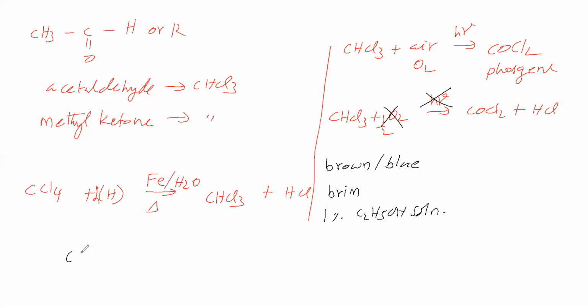How is that? What is that reaction? This is poisonous phosgene reacting with ethanol, and it gives diethyl carbonate. So phosgene is reacting with ethanol to give diethyl carbonate. It is non-poisonous. Diethyl carbonate is produced, and it is non-poisonous.